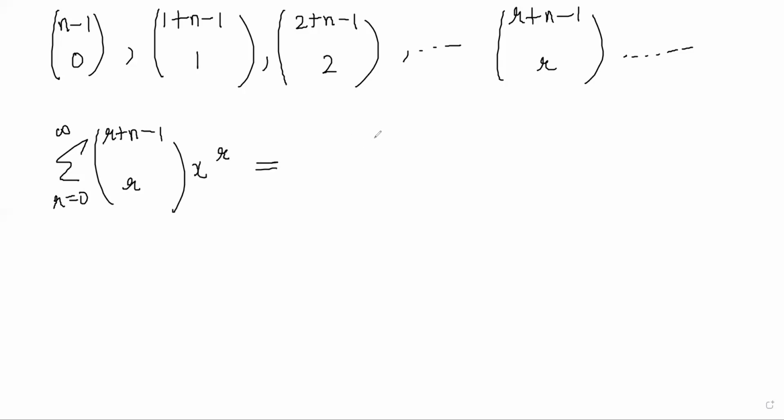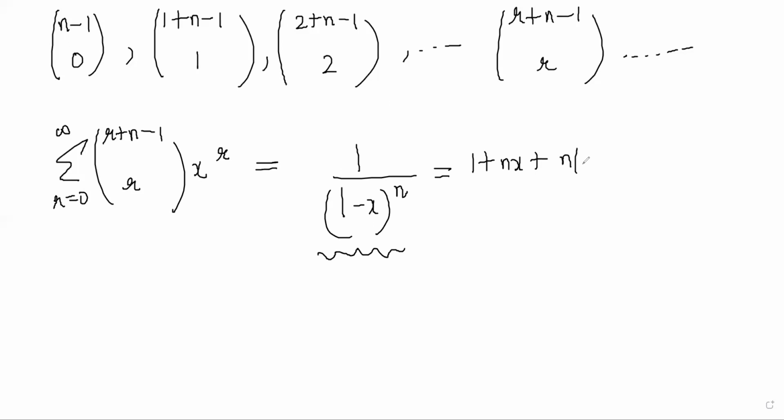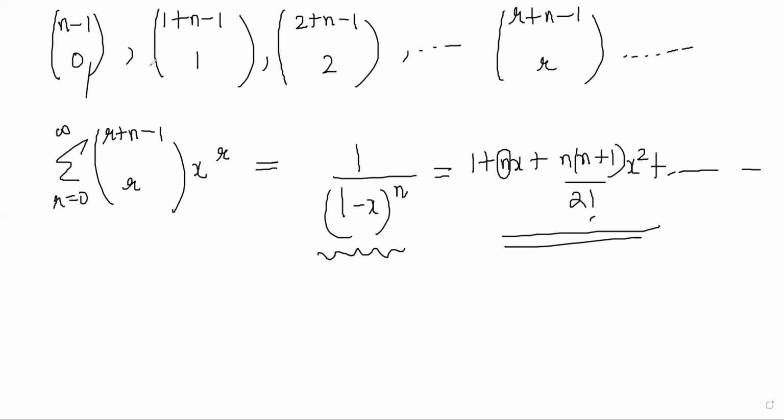and that, as we saw earlier, was the binomial expansion for (1 - x)^(-n). So you can convince yourself that this will look like this, right? We saw that earlier. We saw that it can be written as 1 plus nx plus n(n+1)/2! x^2 and so on, right? So these terms will actually match all of this. Because look at this, this is nC1, which is equal to n, right? And this is (n+1)C2, which will be equal to this thing, right? So this is another example of our generating function.